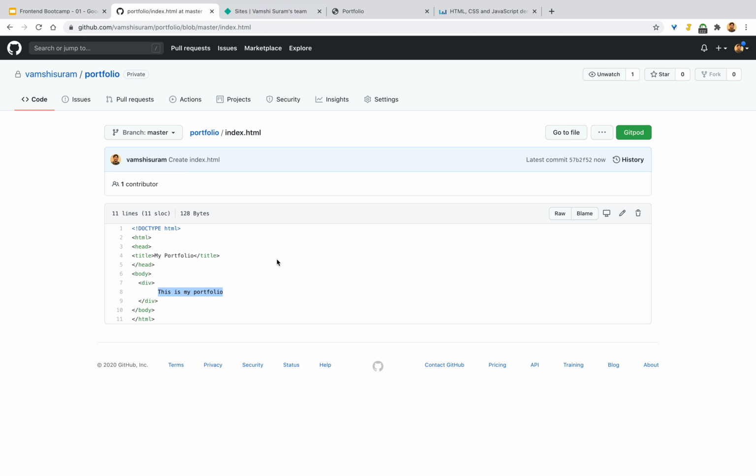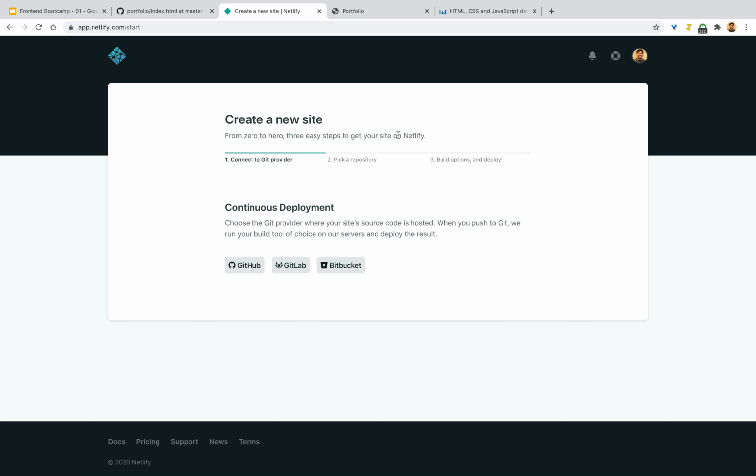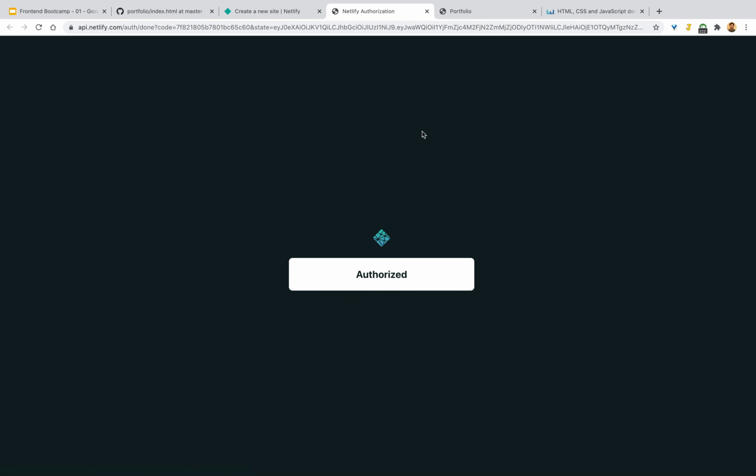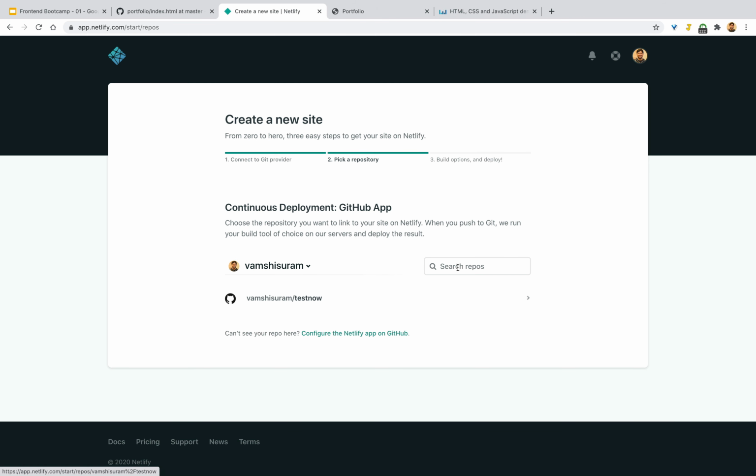And next thing is we need to host these files. We need to host this as a static website in Netlify. So you can sign up with netlify.com and then you can go here, new site from Git. You can search for the repos portfolio.